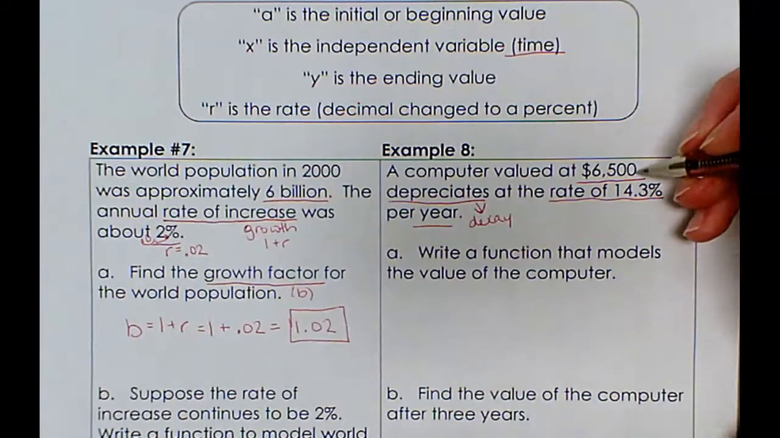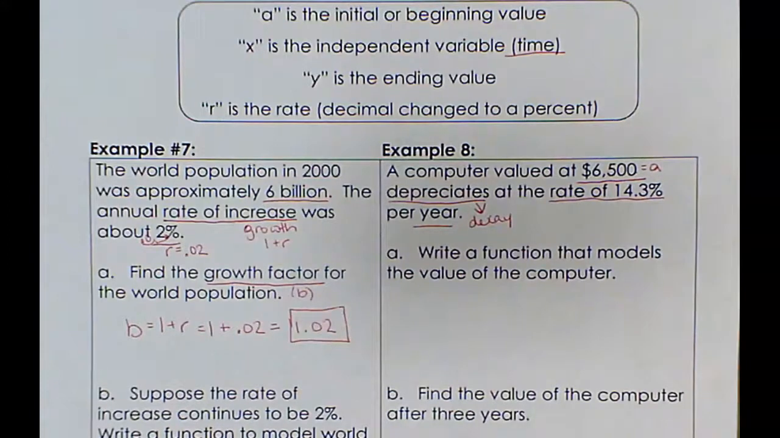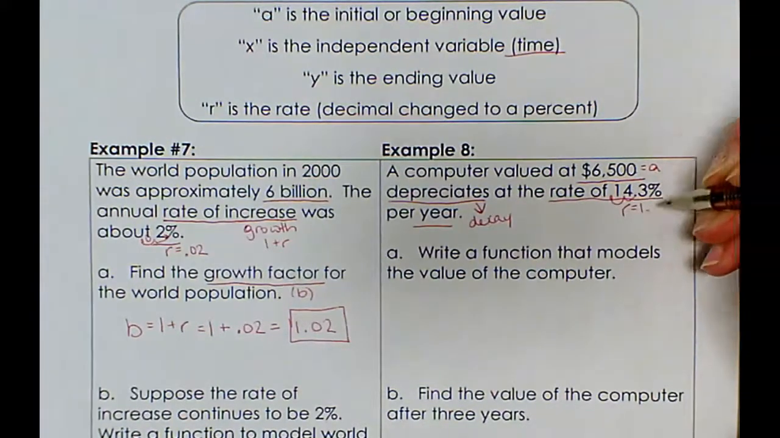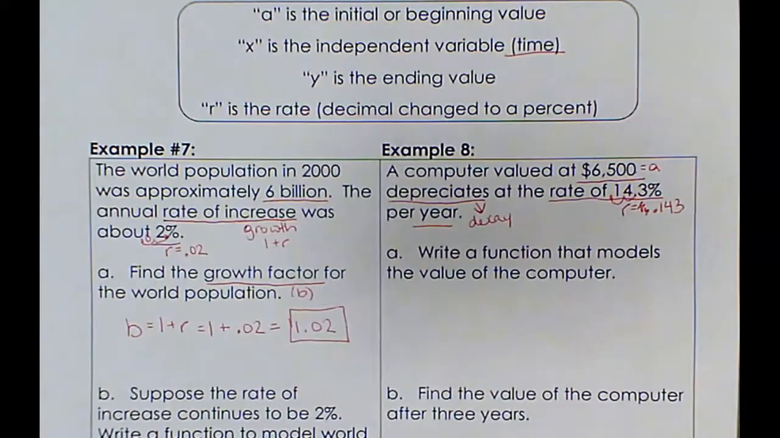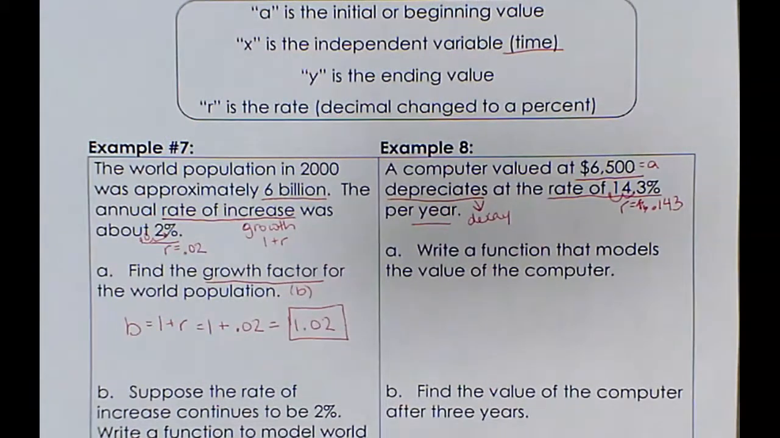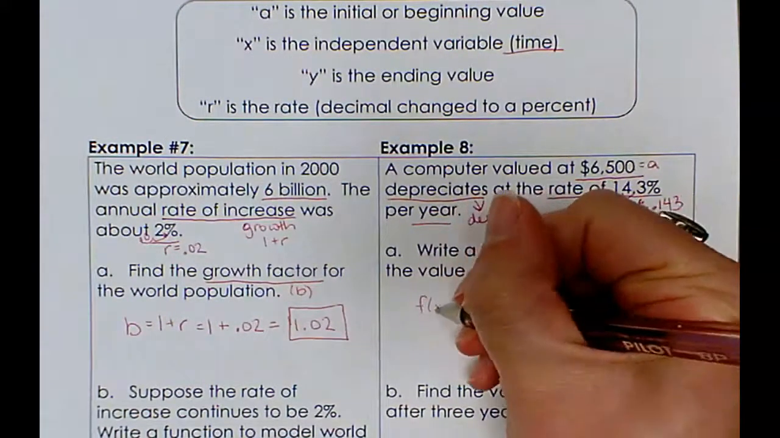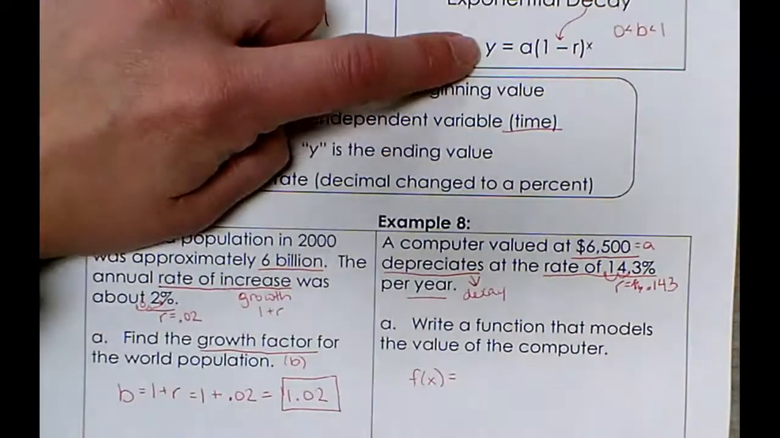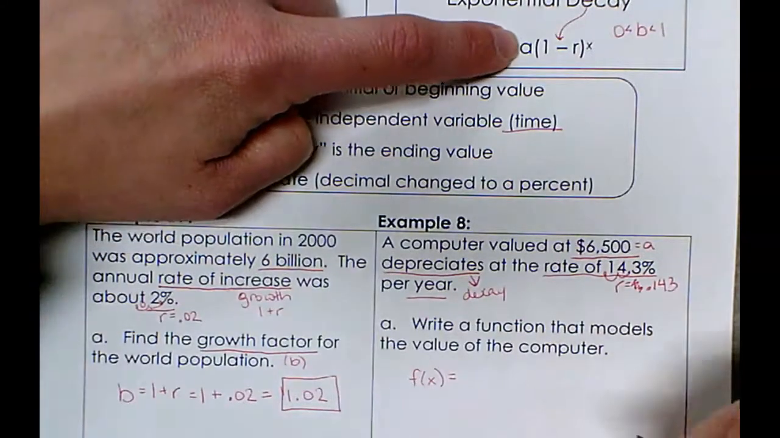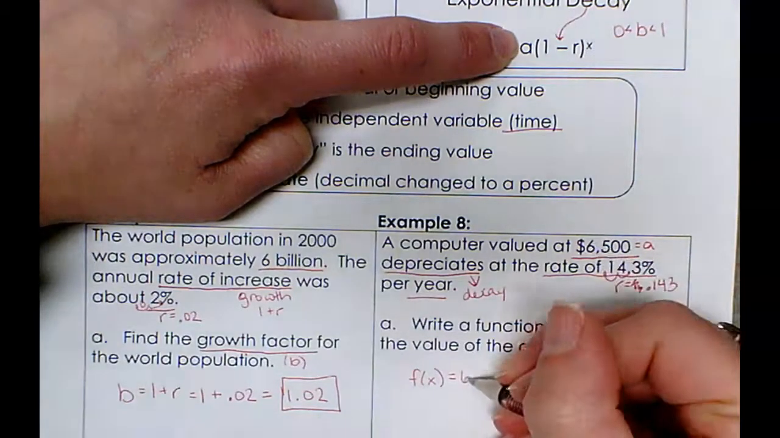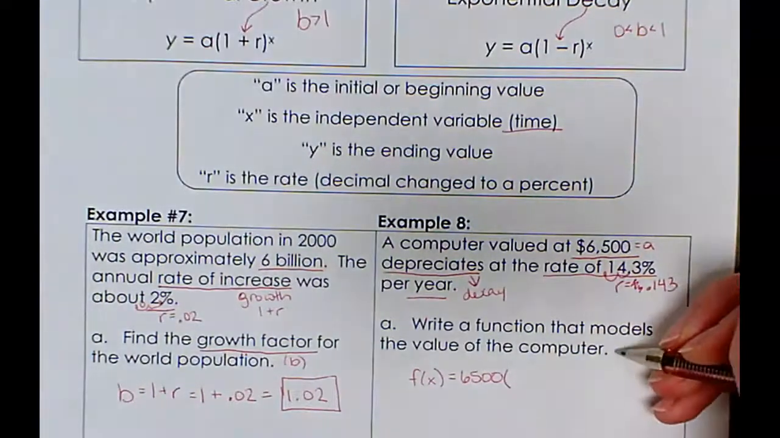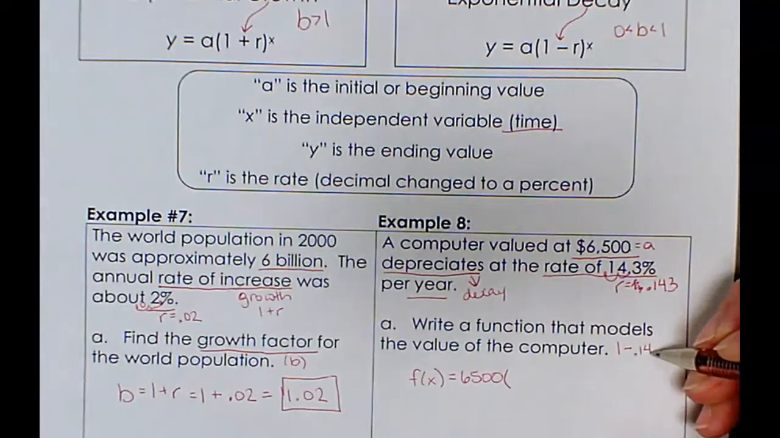We have what our computer was starting at, that value, and then we have the rate, which if I move to a decimal, 1, 2, that r value is 0.143 because we move that decimal twice to the left. Now I want to write a function that models the value of the computer. So here's my function f of x. It is exponential decay, so I want it to look like this. So f of x equals the starting value, which was 6,500, times 1 minus r, 1 minus r, which is 0.143,